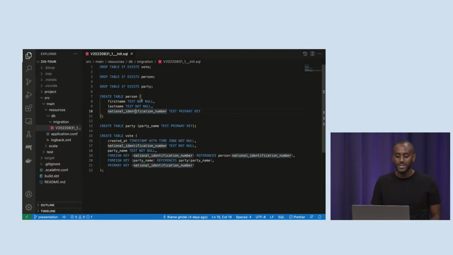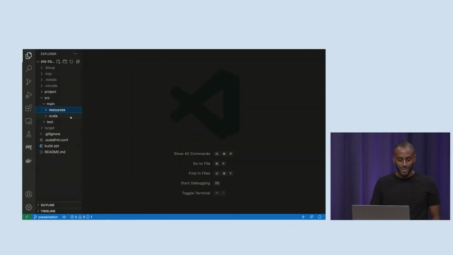We have 3 tables: a person, a party, and a vote. A person, as we saw before, has a first name, last name, and national identification number. A party has a party name. And a vote registers your national identification number and the party you want to vote for. So nothing fancy going on here, just to give you an intuition of our domain.